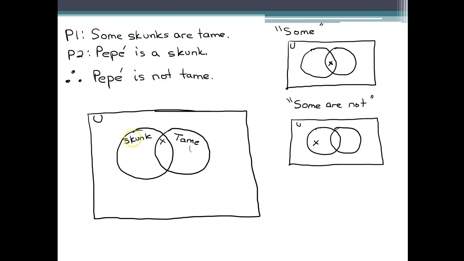Pepe is a skunk. Okay, so Pepe has to go somewhere in the skunk circle. He could go here, but he could also go here. We don't know. We're not given enough information. So to say that Pepe is not tame isn't a valid conclusion, because we haven't been given enough information to definitely put Pepe in one of those two places in the skunk